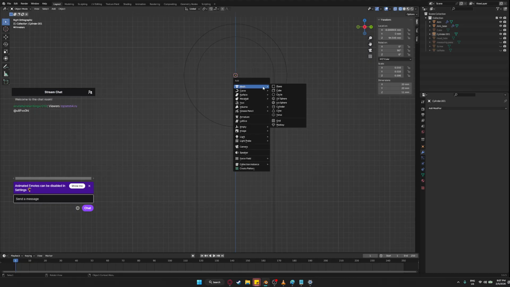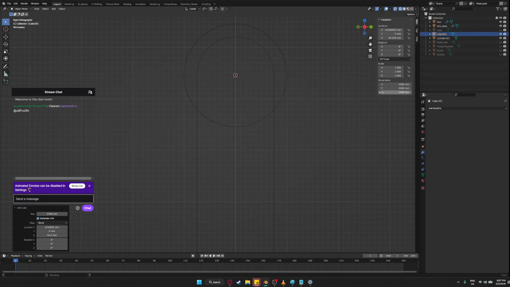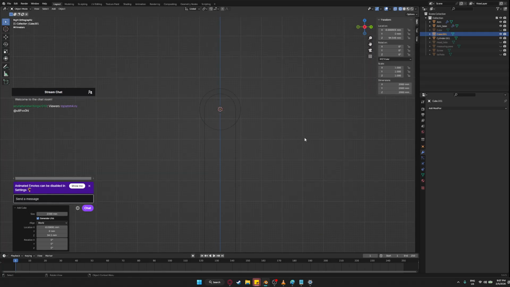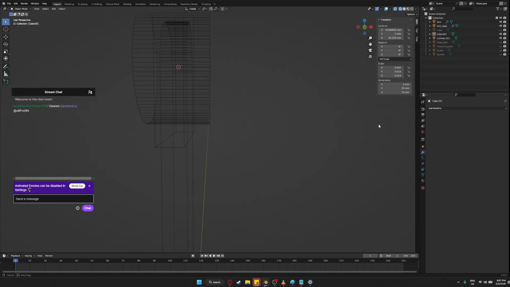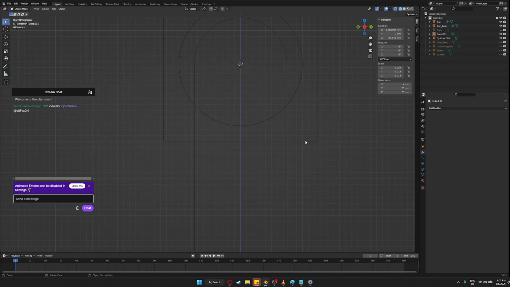Okay, so we're in object mode, we're just gonna add another cube. This one's going to be X4. Skinny. This is gonna be 25. This is gonna be 25. Now we just have to